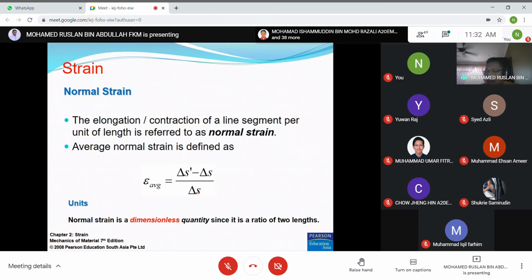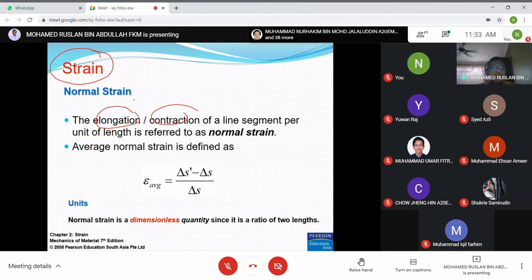So how to measure? Based on the formula, we have the strain. For the strain, we also have two parts. First is the normal strain, and the second is the shear strain. Just as with stress we have normal stress and shear stress, for strain we have normal strain and shear strain. So what is normal strain? The elongation or contraction,